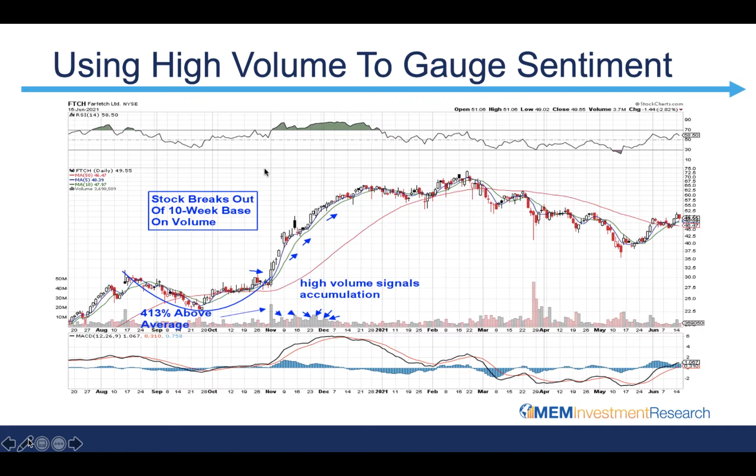buy candidate. As the stock continued to advance higher upon that base breakout, take a look at the volume characteristics, and this went on for about 6 weeks. Throughout that period, it was continually being advised as a strong buy because those high volume characteristics were pointing to institutional investors wanting in. This was all about good news as far as an infusion of capital to help the stock grow on top of strong earnings. So we can see that the stock did go on. This was a triple-digit gainer for us, but again, that volume was what gave us the confidence to really double